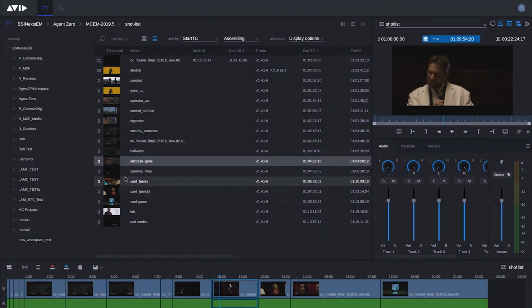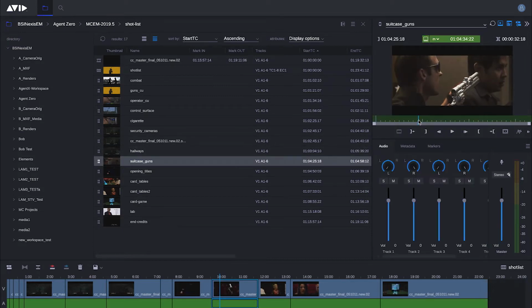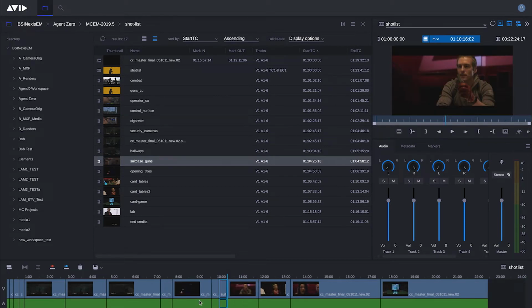So now I'm actually going to do some basic, as I said, source record editing. I'll load up a shot here. I'll define an endpoint, and then I'll notice that it's green up here. I'll come back to my timeline. I'll define an in point and an out point, and I will hit the overwrite button, and there, I just actually